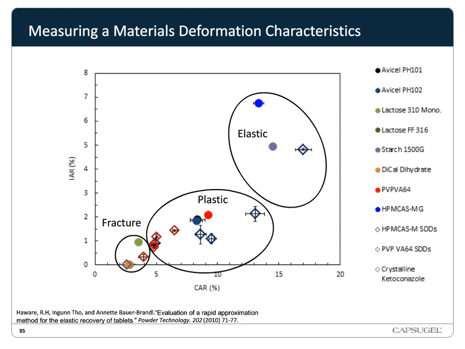the PV/PVA ketoconazole SDDs. So what we can see here is by changing drug loading, by changing polymer, and by changing surface area, we can in effect change an SDD's mechanism of deformation all the way from fracture all the way up to elastic. So that's a very, very stark difference, and very cool to be able to do that.